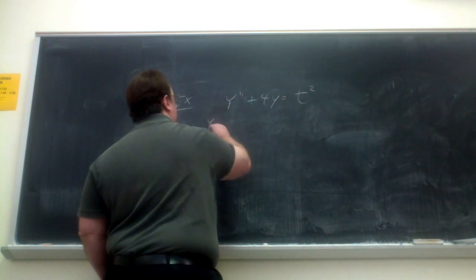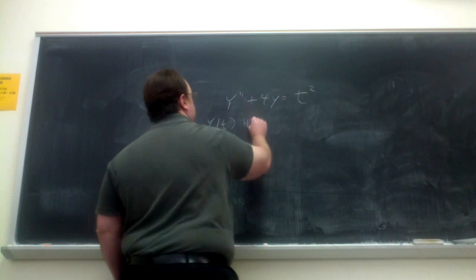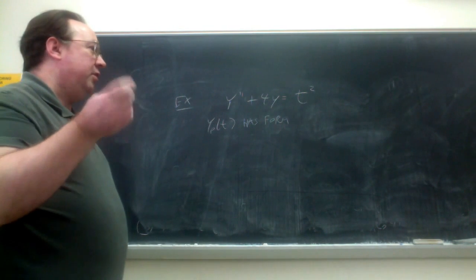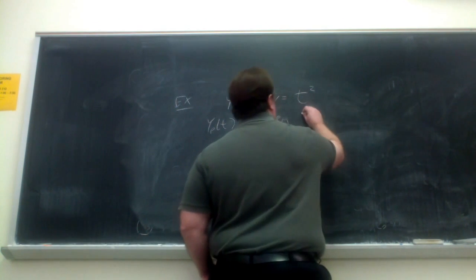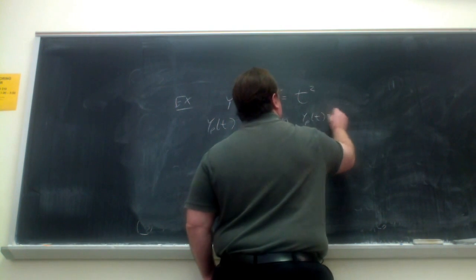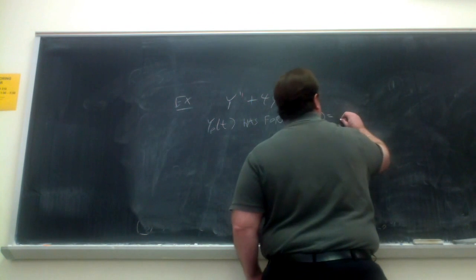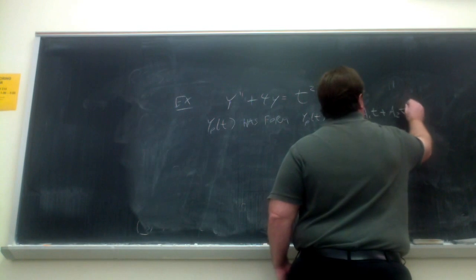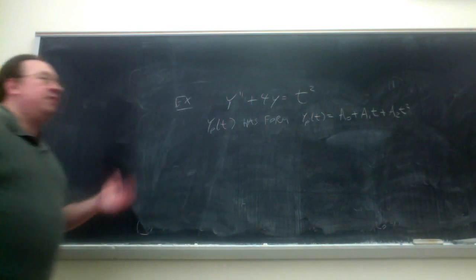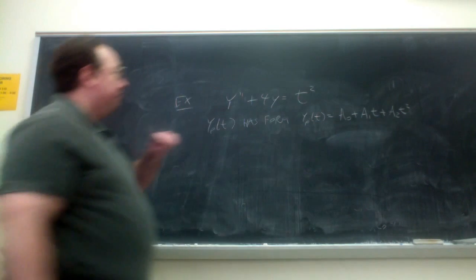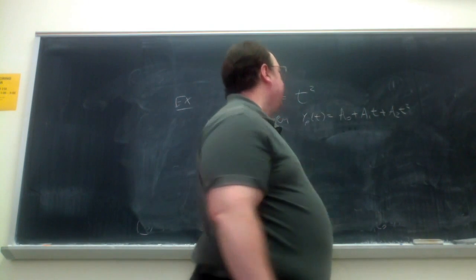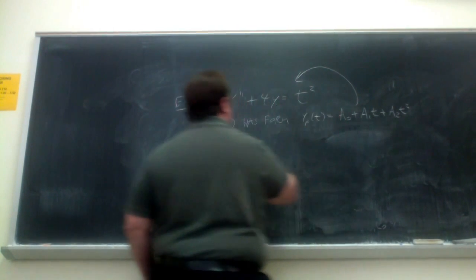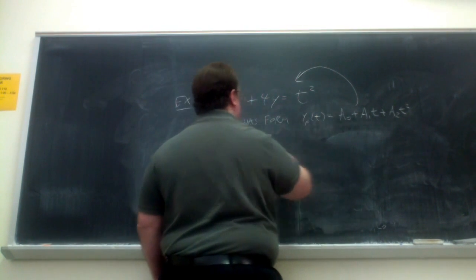So then our particular solution, and for reasons that will become clear on Friday or after spring break, it's going to have this form: y_p = a0 + a1 t + a2 t squared. Because the right side is a second degree polynomial of t, quadratic, your particular solution is also a quadratic. You substitute that into here, and a second derivative of that would just be